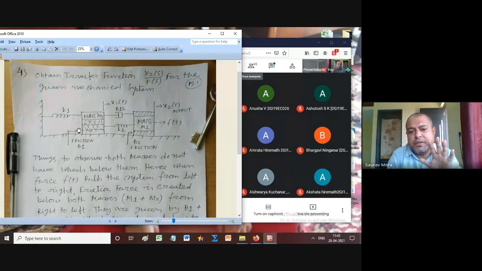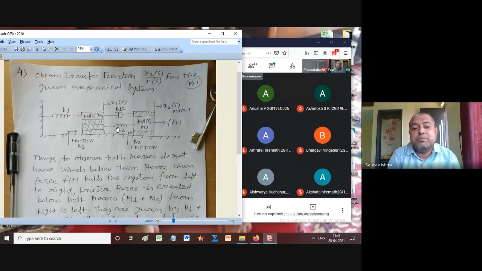There is no input here. Okay, the input is connected to mass M2. Whenever you are writing the equation for this, there will be 5 components. Which 5? K1, B1, M1, B12 and K2. Which are the dedicated components? Mass M1, friction B1 and spring K1. They are dedicated components, only connected to x1. They will not have an x2 component in them, because they are between mass M1 and the ground.